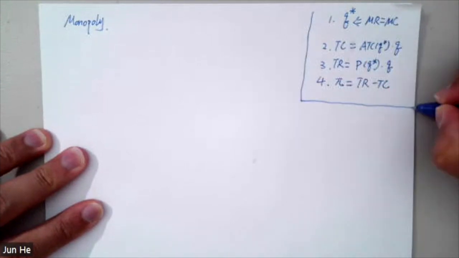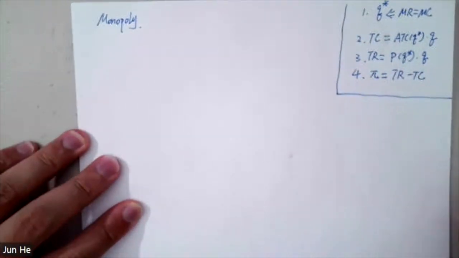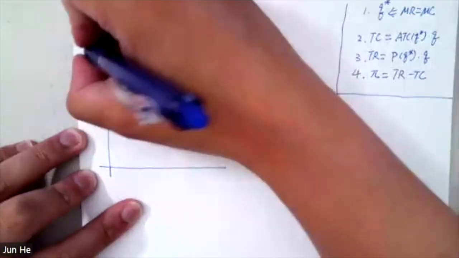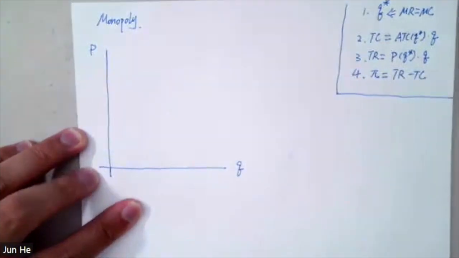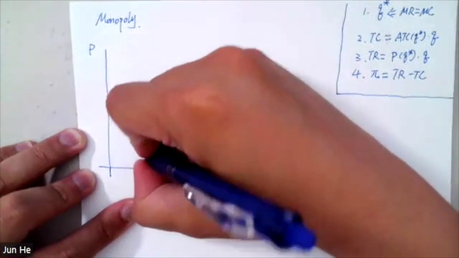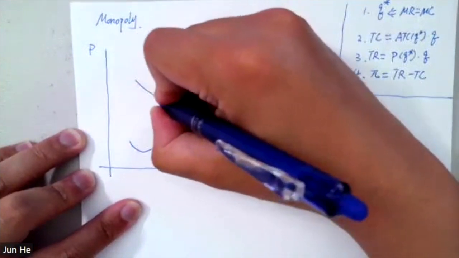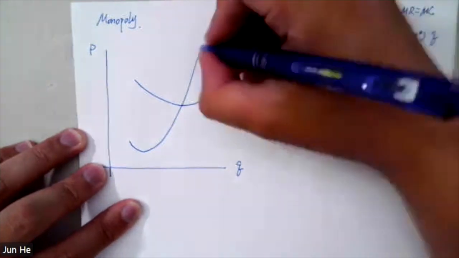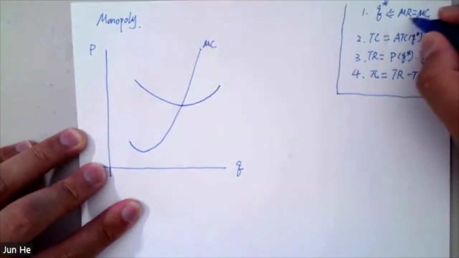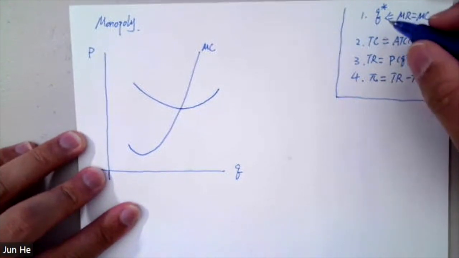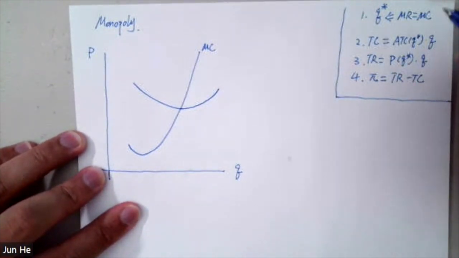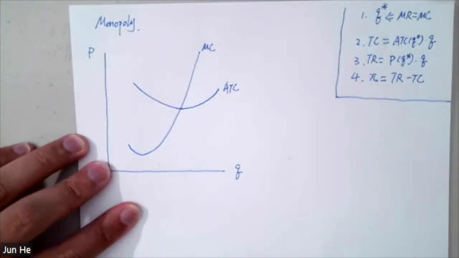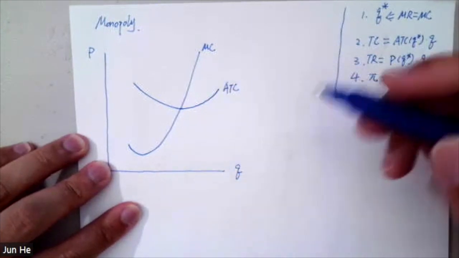And now let's make an application. Okay, so here is a setting. We have a price, we have a quantity, right? And we are to set up the costs, right? Marginal cost, we will need that to help you find the optimal quantity to produce. Average total cost, we need that to help you find the total cost later. So here we have this setup, and then